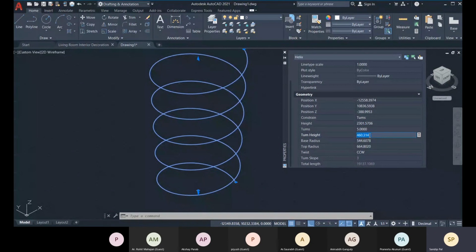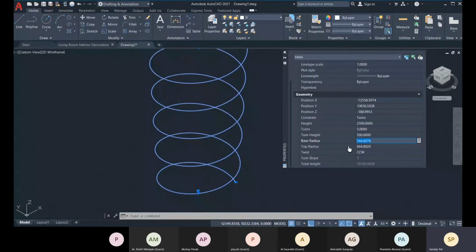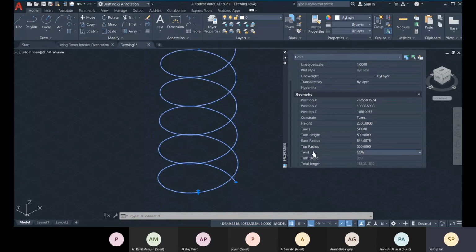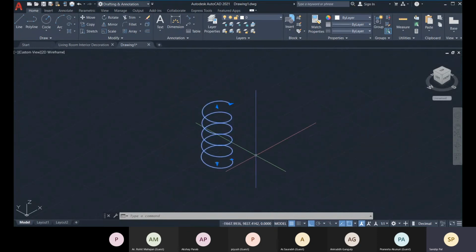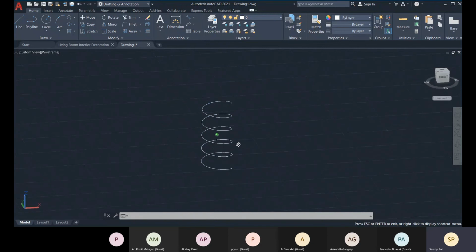The turn height you can specify as 500. Okay, the top radius you can match again. And the twist direction, counterclockwise is the default. You can make it clockwise. So you can change it this way.